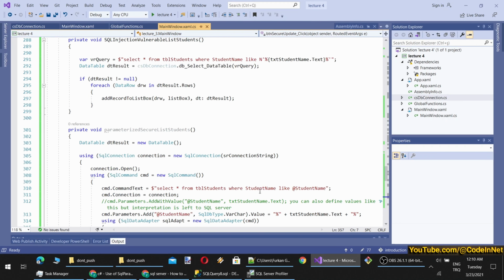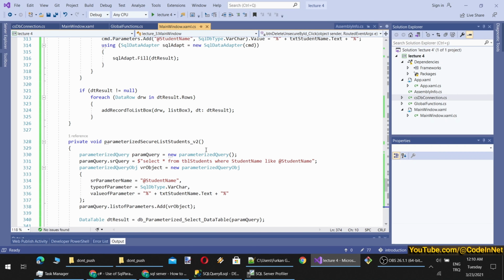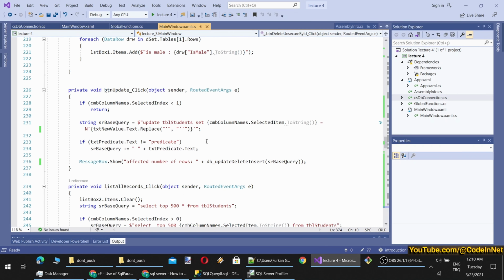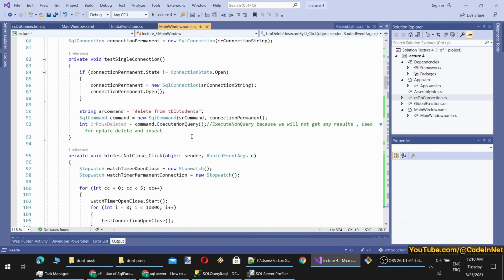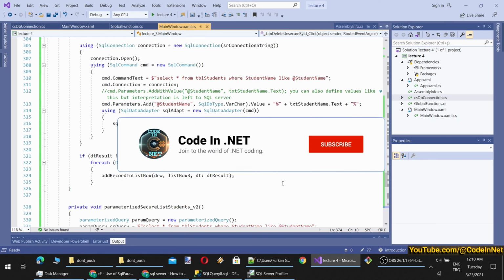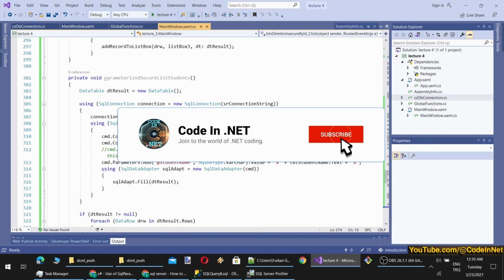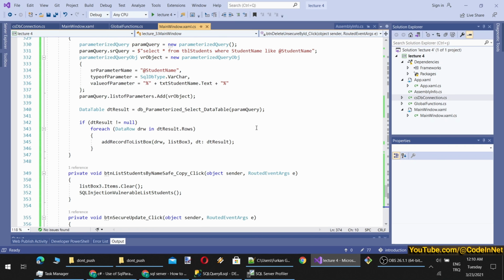Probably next week I will show you how to handle different databases such as an SQLite database with other methods, or ODBC if I remember correctly. By the way, there are also frameworks to prevent SQL injections, such as Entity Framework, and I will show you that as well. So don't worry about that.